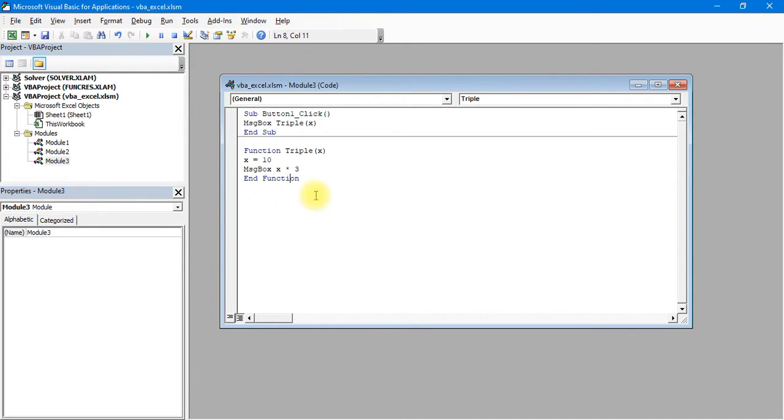In a moment I will discuss with you the simplest of differences between a sub and a function. Then it will be clear to you how we do it. As you can see, as soon as I clicked on the button, it showed us the result. So this is how we can create a function, and along with it we can create a button also.